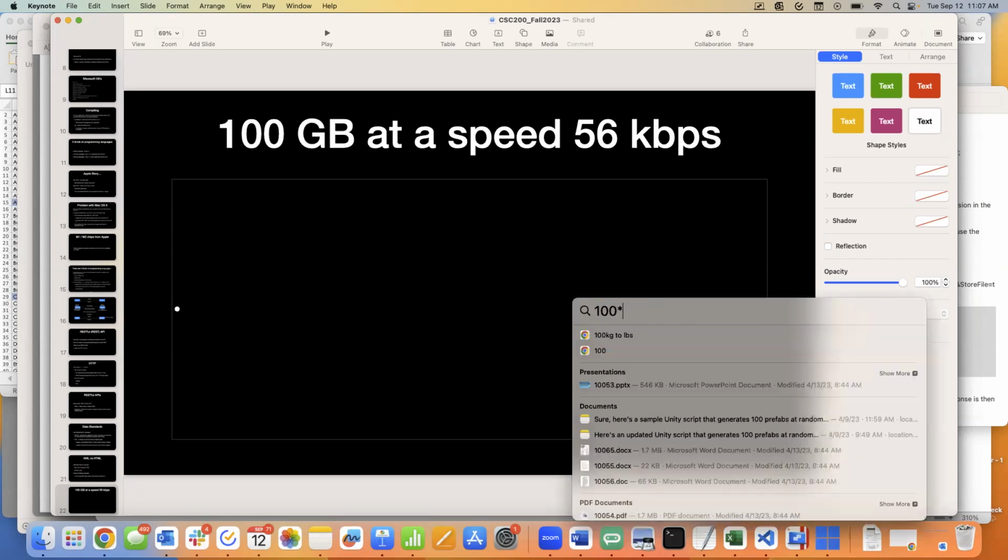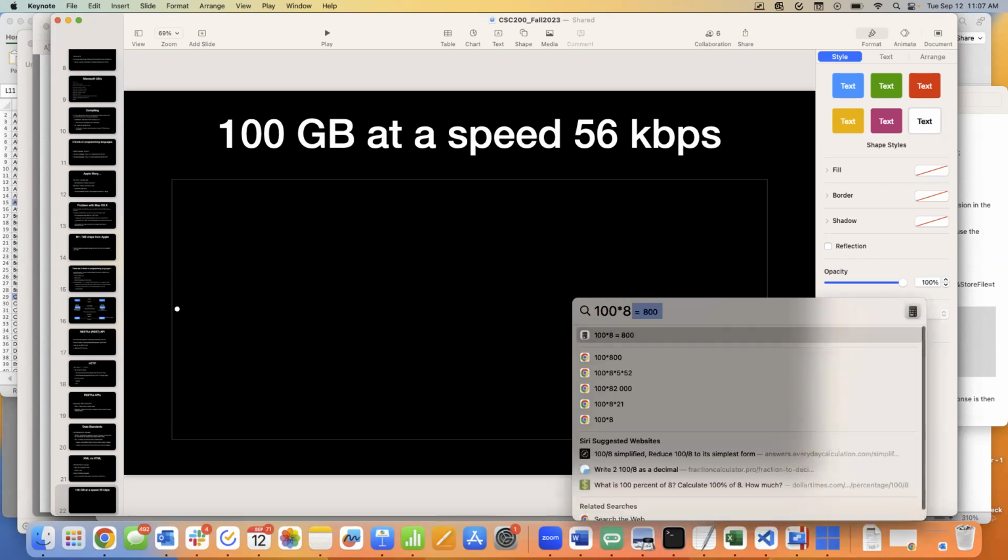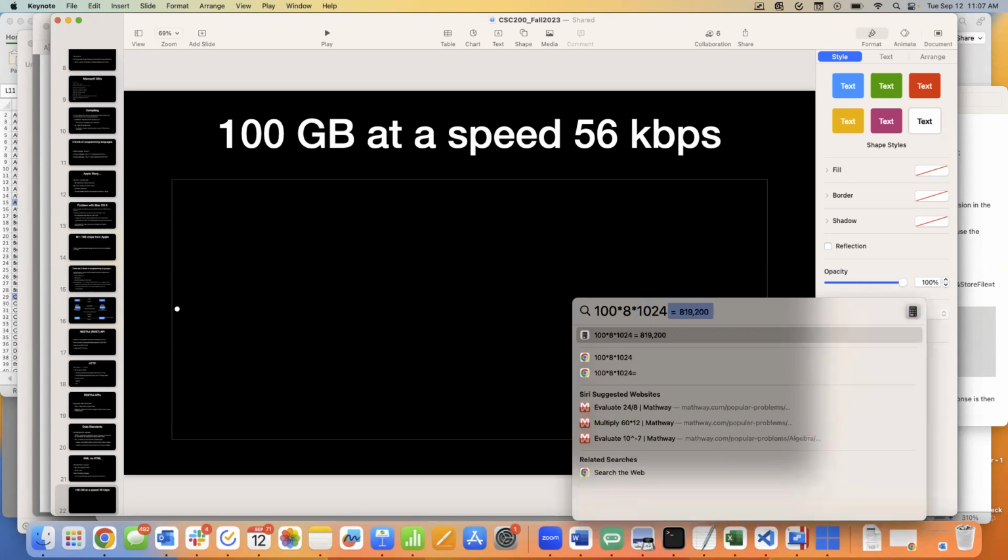So we're going to have 100 times 8, so we have 800 gigabits, times 1024 is in megabits, times 1024 is in kilobits. All right, so we have 838,860,800 kilobits of data that you're downloading for that 100 gigabyte file.